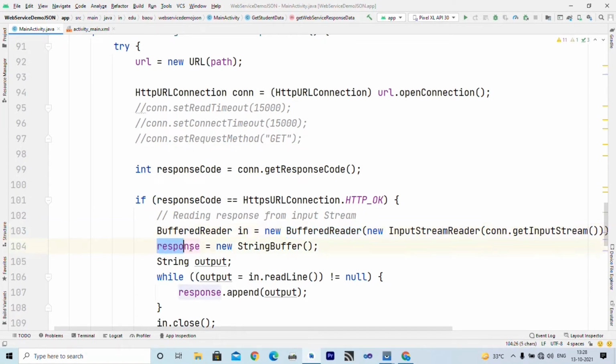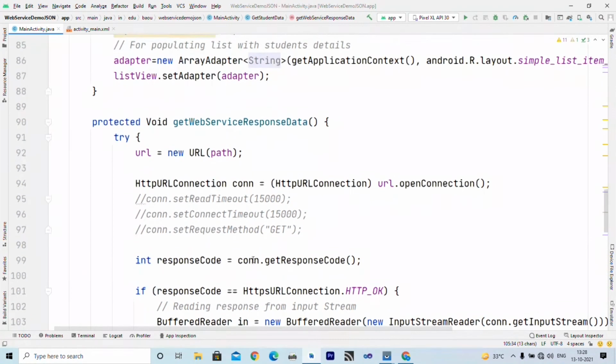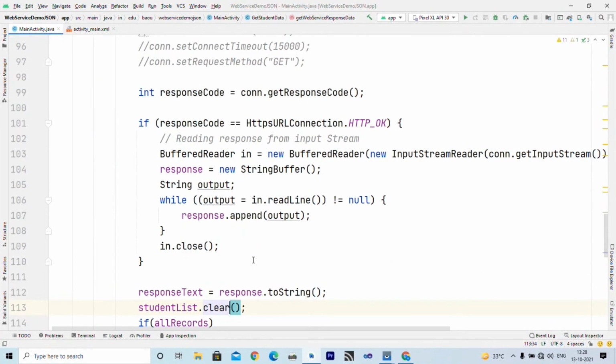Inside response I have created one StringBuffer, and here I write one String which represents output. Next I write while output is equal to in.readLine. Now remember, in.readLine will return a single line from the output.